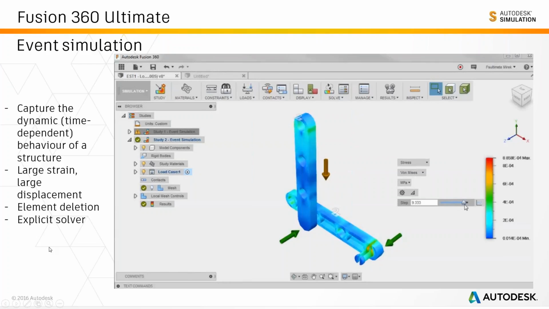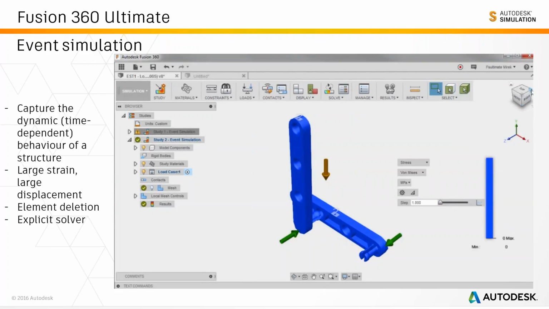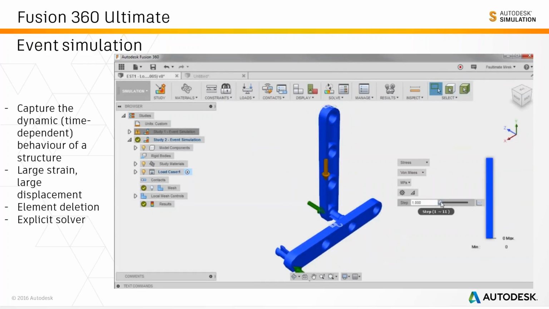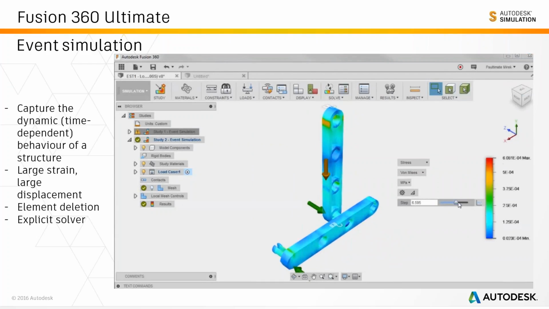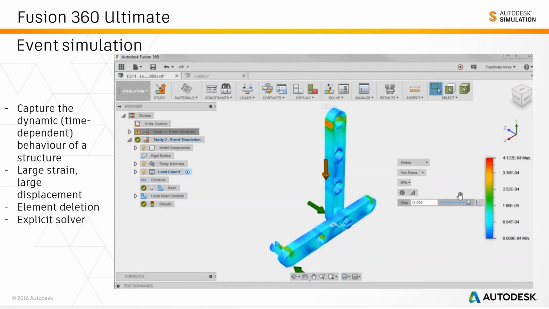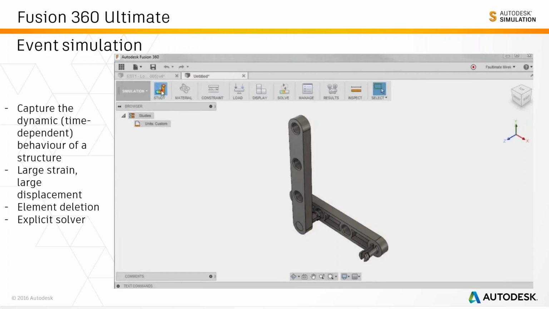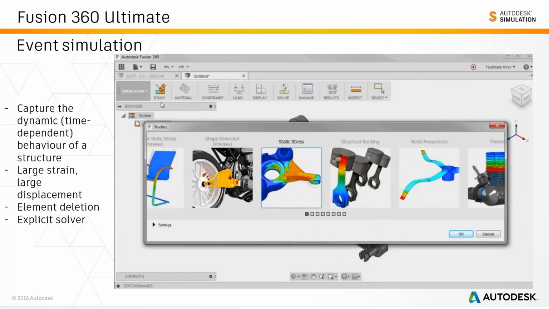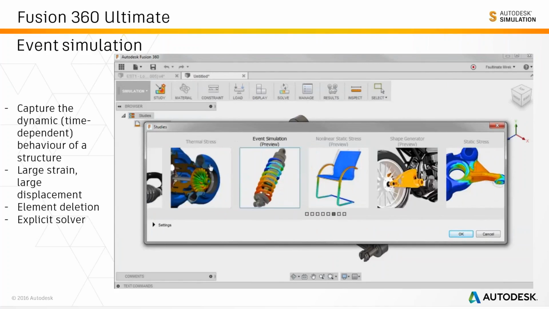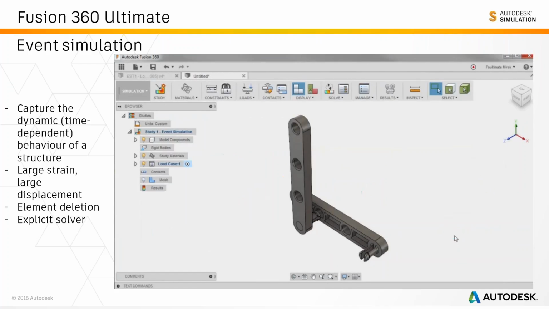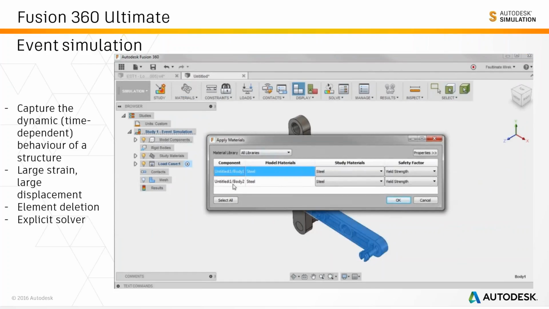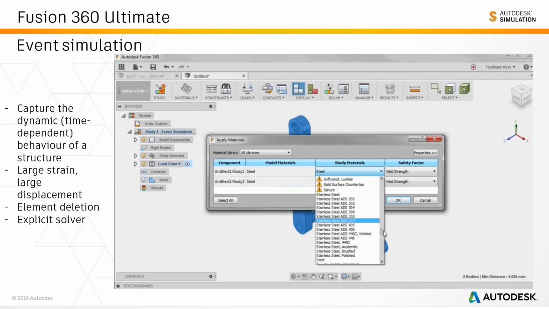So here's a situation where we're after the behavior of, let's say, trying to snap these two plastic parts together. What's going to happen with the stresses, what values are going to occur, well, these stresses are going to occur in the plastic components. So from a setup standpoint, it is pretty straightforward. Once we go to the event simulation type analysis and assign the proper materials,